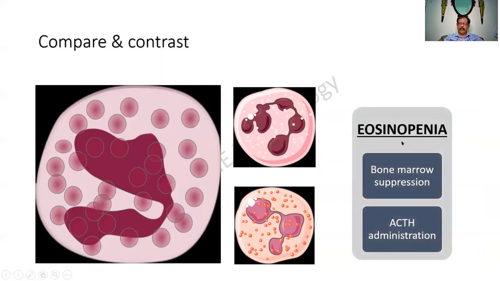And there is a condition called eosinopenia, where the count is decreased. It can happen in any form of bone marrow suppression or in ACTH administration. In these conditions,